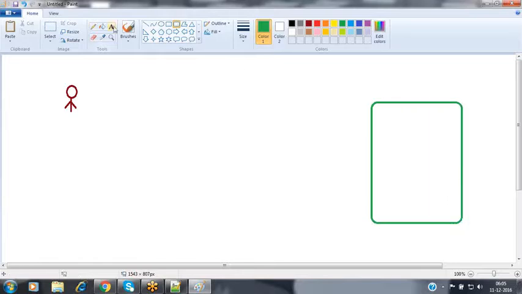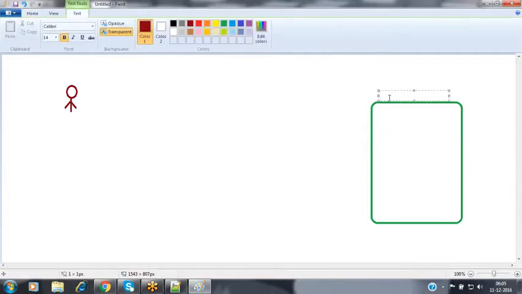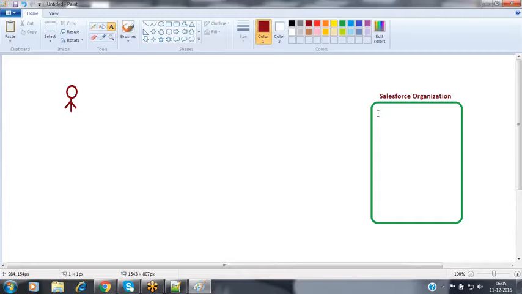So this is my Salesforce organization, and inside it I have so many features available.